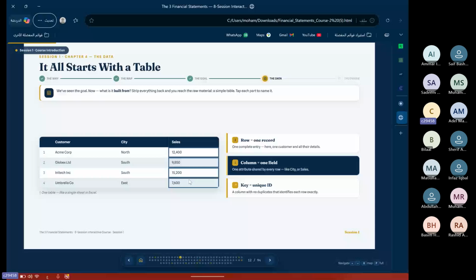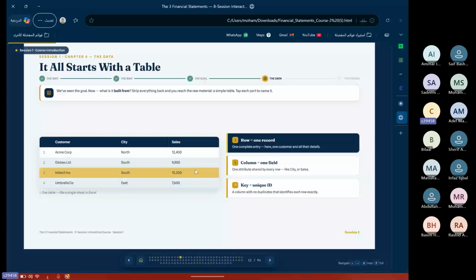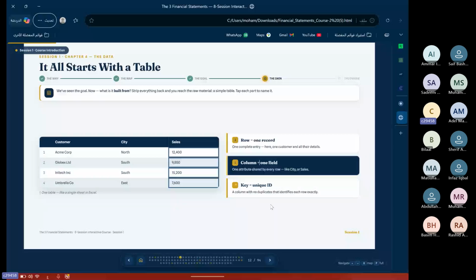I mean, when we write some cell B1 plus C1, this is normal Excel. But in Power Query and DAX, we are dealing only with a column. Okay, so we are not dealing with a cell. We are dealing with a column in Power Query and DAX. And inshallah, we will go with this.